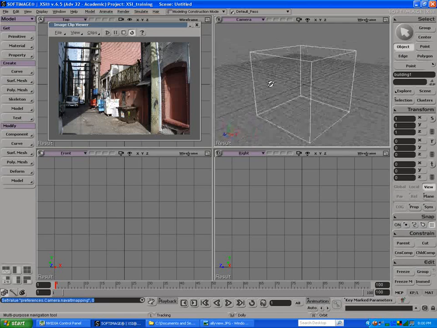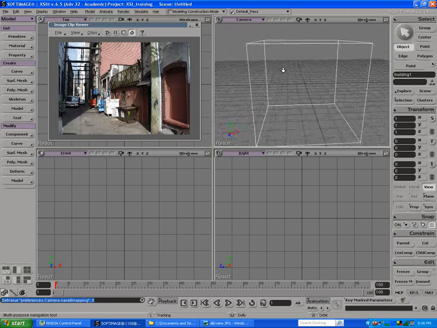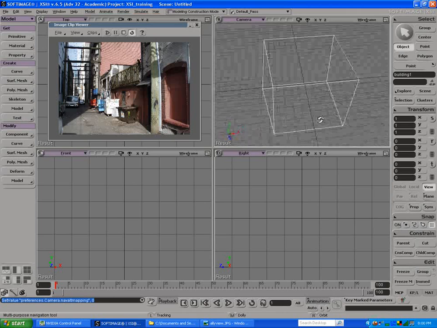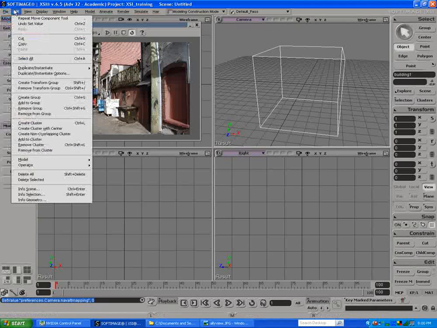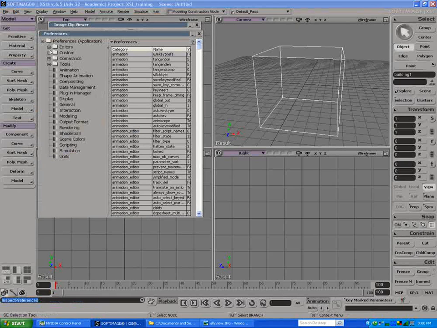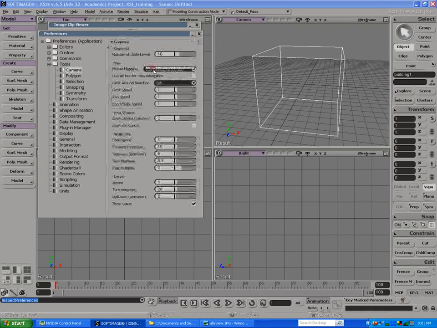I don't like that setup because I find most of the time I'm actually orbiting and zooming, especially zooming, and zooming being the middle mouse button, in my case the wheel, it's a little bit inconvenient. So what I'm going to do is change the mode under the file preferences, and here there's all different preferences. You can look at these when you have time, and you'll see lots of different options to make XSI act in different ways. But under Tools, Camera, I'm going to set the camera mouse mapping to alternate,